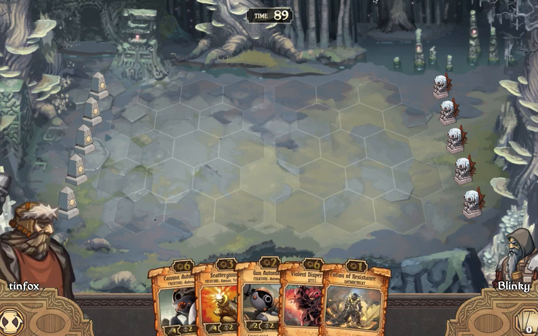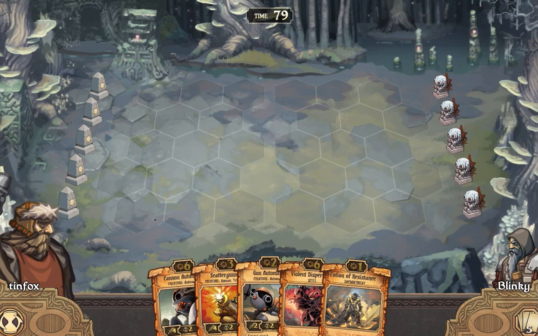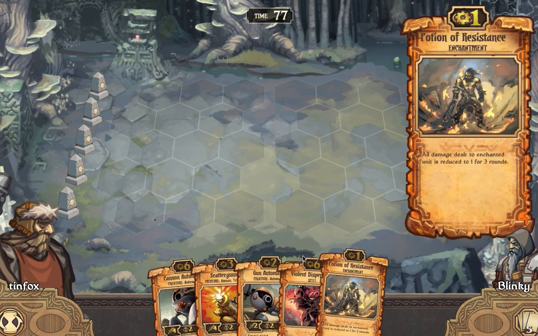Okay, we're doing another game against Blinky with mono. He has mono order. We have mono energy. So this is a deck. You are looking at a deck. Anyway, so